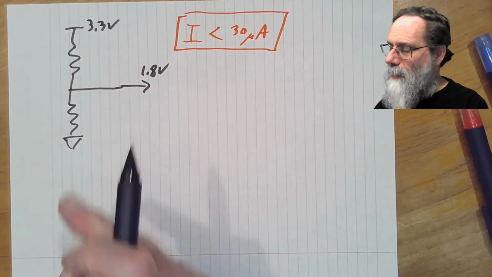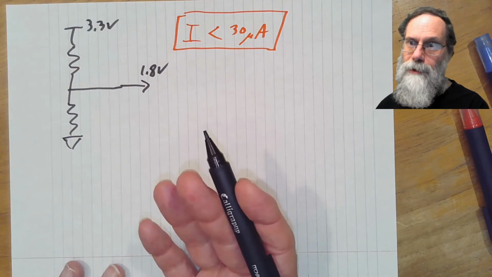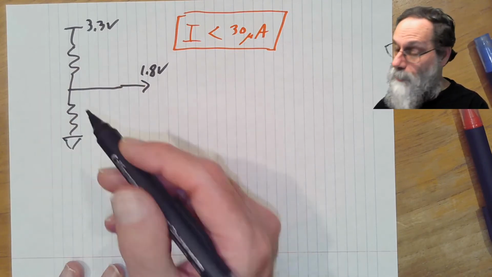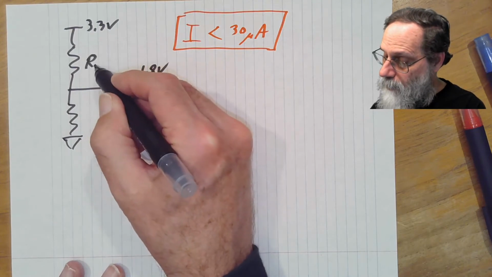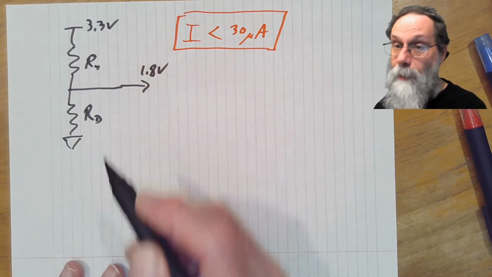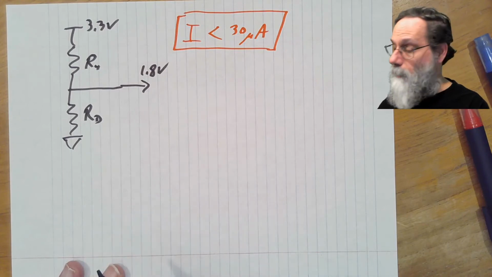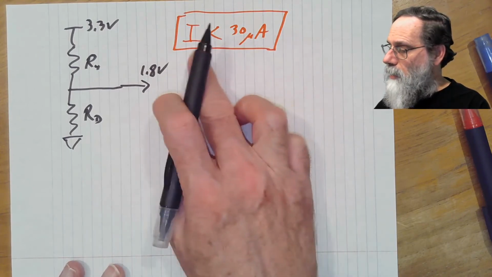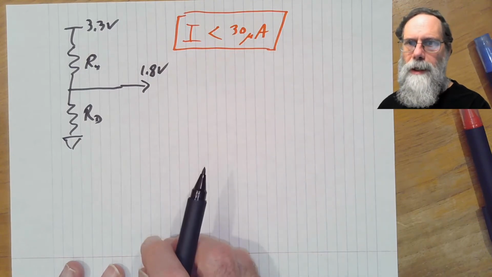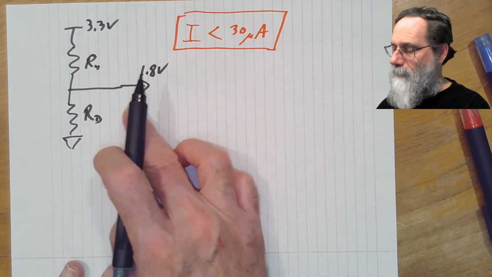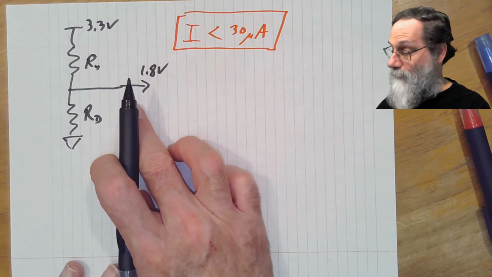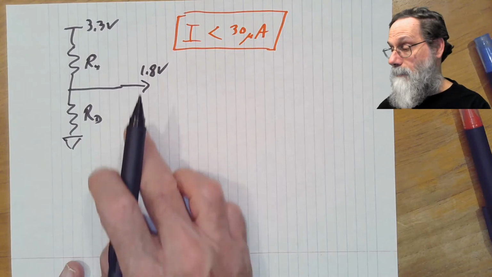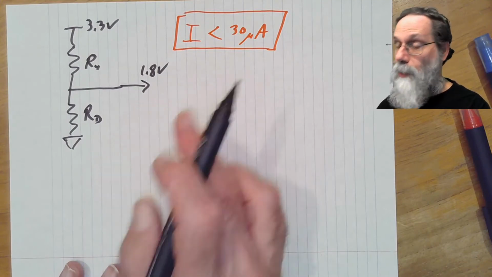Something missing? We don't have any component values for these two resistors. And to get this thing to work, we need to choose those component values. So we have RU and RD here, and we don't know what they are. Two unknowns. Well, what do we have? Well, what does this current constraint tell us? If this is a voltage divider, and we do have a constraint here that we're not allowed to take any current out of that voltage source. So we can't take any current from the 1.8 volts.